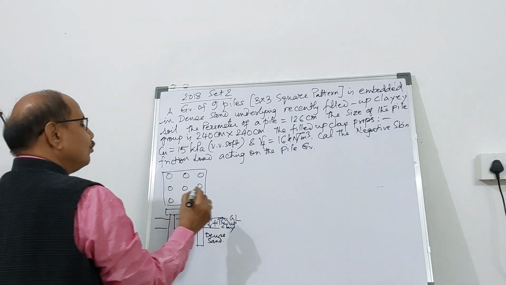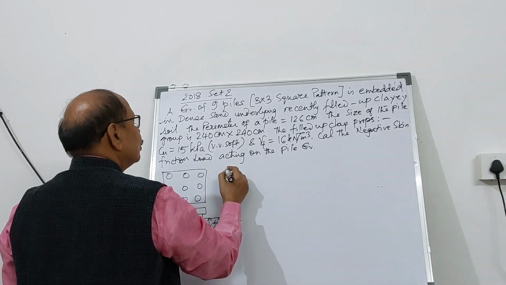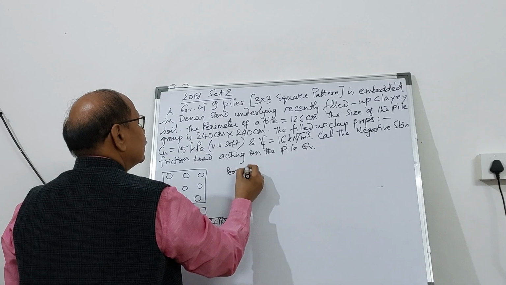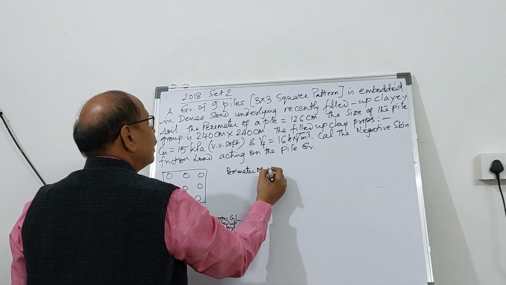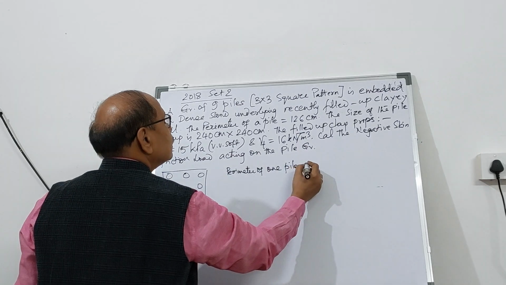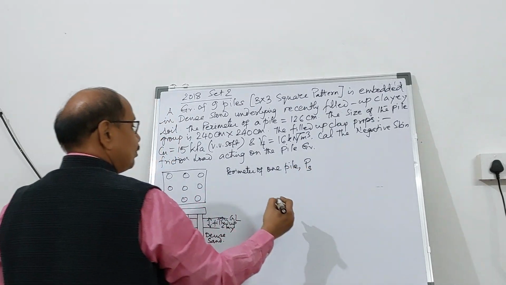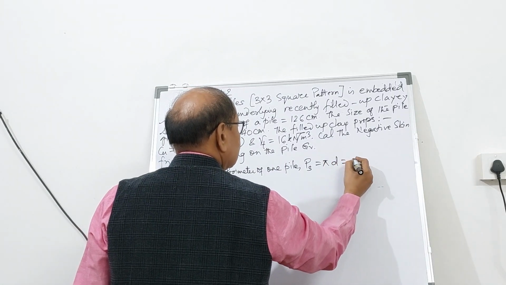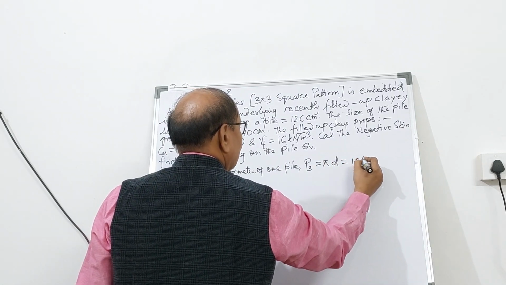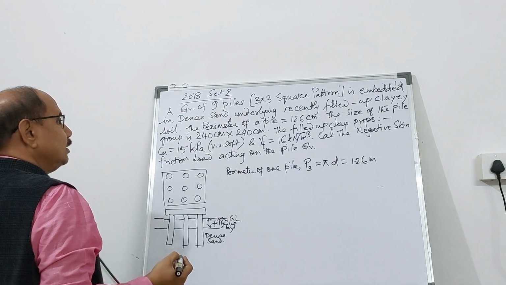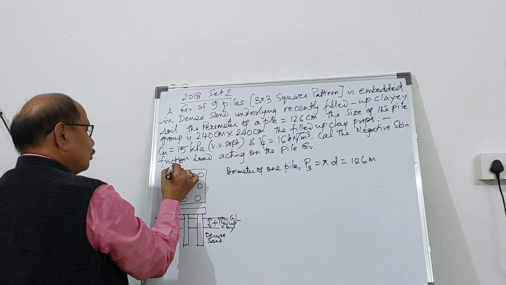The perimeter of one pile, or single pile, P of single pile will be equal to pi d, equal to 1.26 meter given, and the size of the pile group is 240